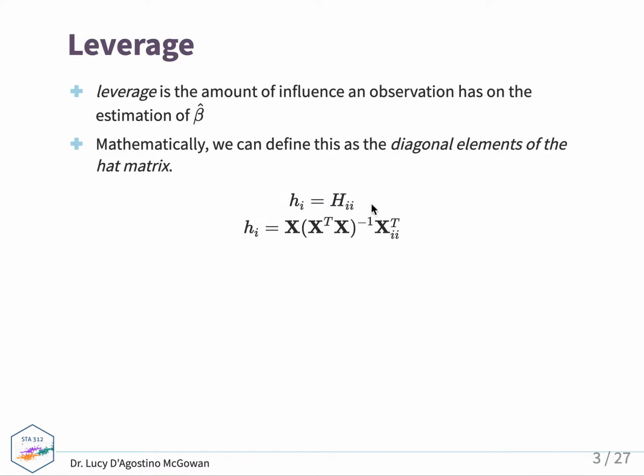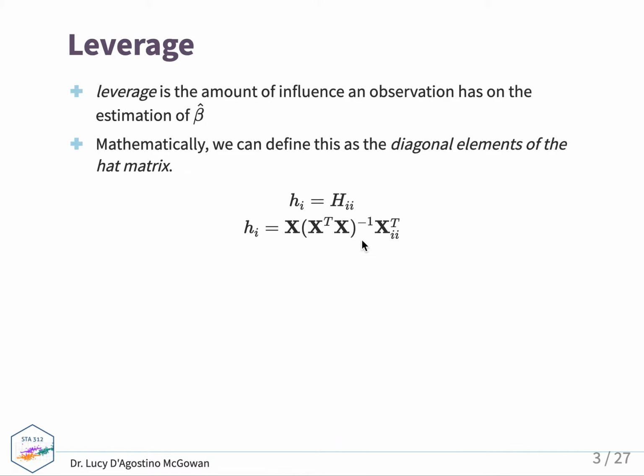So this is how you would write this mathematically. We'll call our leverage h_i, and that's going to be equal to, if you have big H as our hat matrix, the ith observation in that matrix, just along that diagonal. Of course, we could write this with the hat matrix fully written out, and we're taking the diagonal of that. So if we were getting the leverage for the first observation, this would be the first element of the diagonal of the hat matrix. If it was the second observation, the second element of the diagonal of the hat matrix,